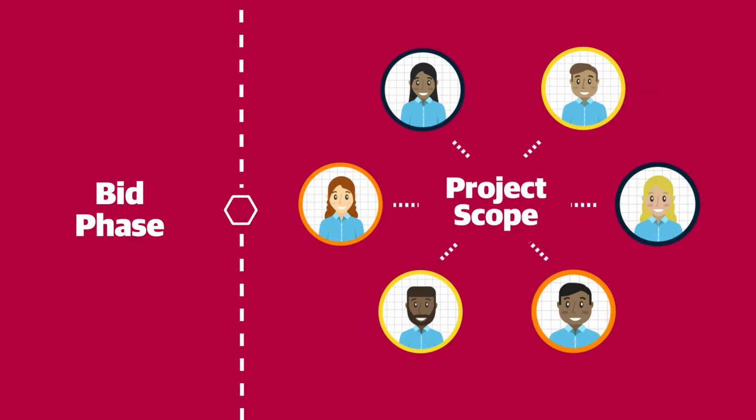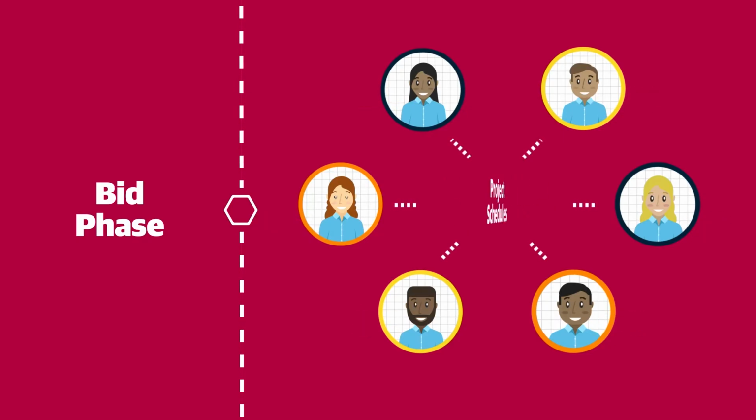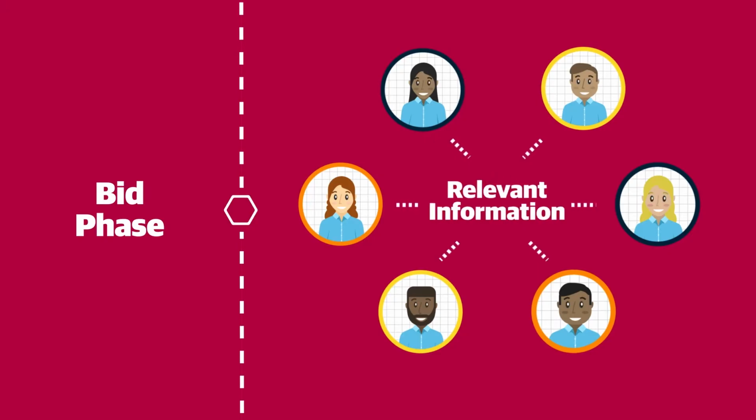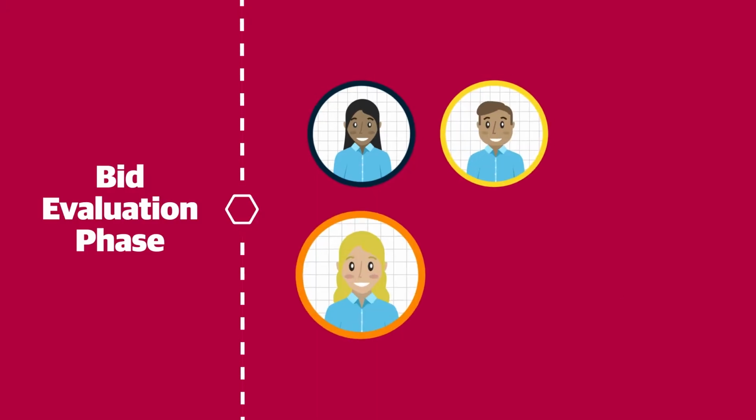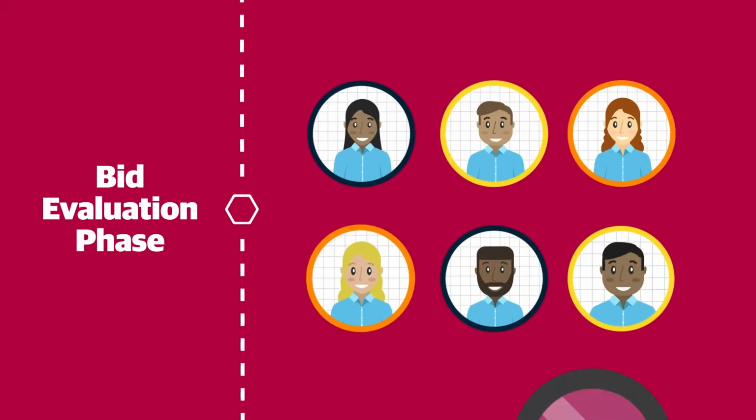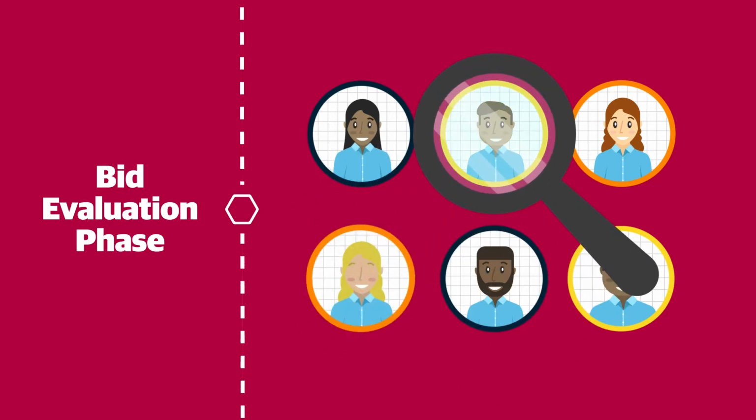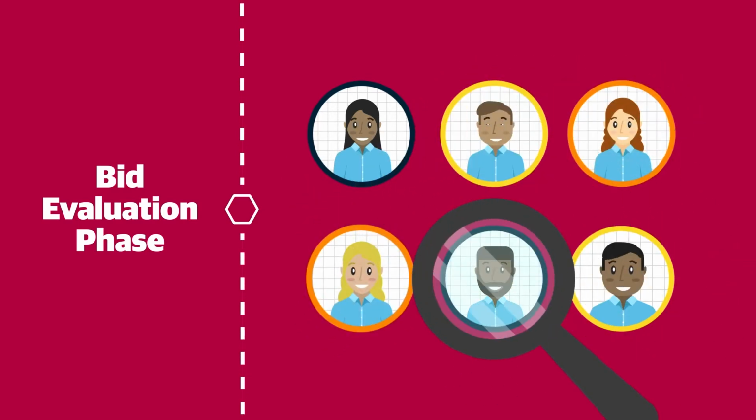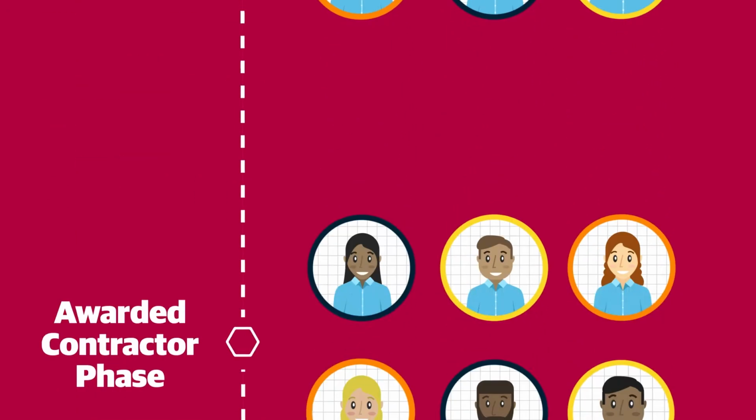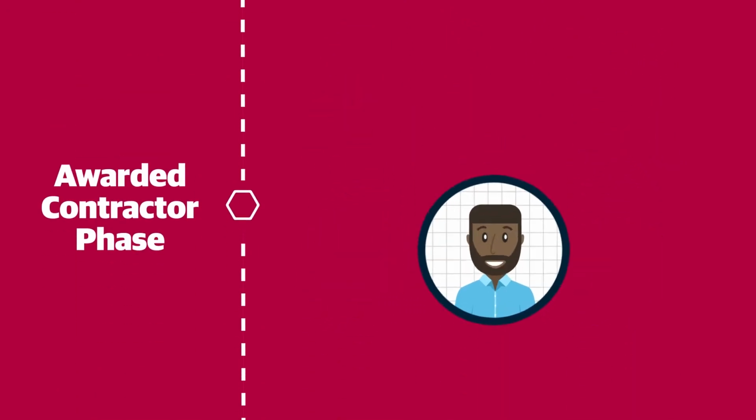A complete bid typically includes cost estimates, project schedules, and other relevant information. The original designer and the project owner then evaluate bids. Cost is often the determining factor in the selection process, but other variables come into play, including contractor experience and reputation. The owner awards the project to the contractor who best meets their criteria, and the awarded contractor oversees the